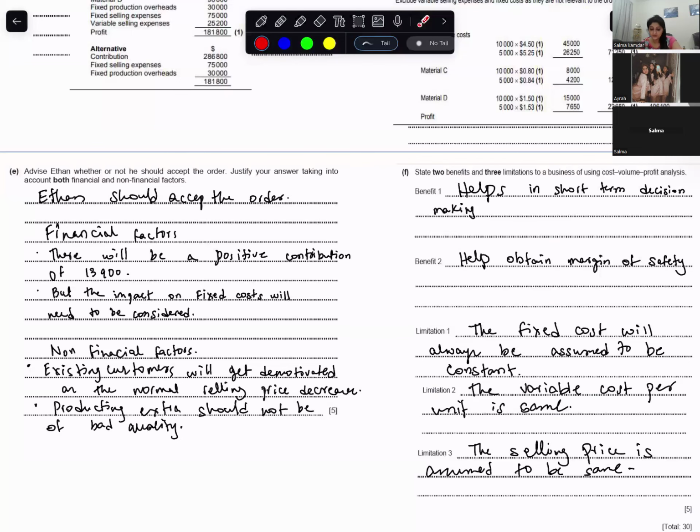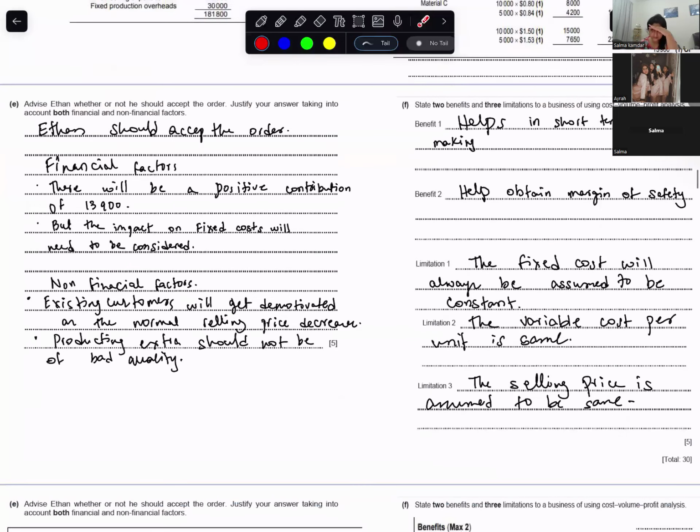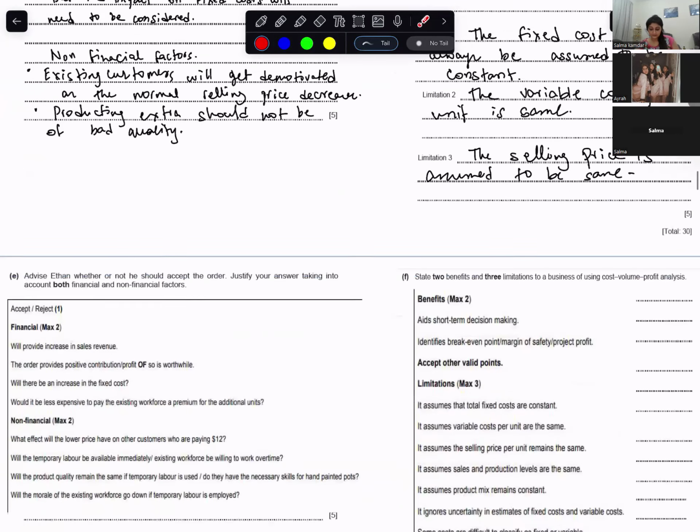Limitations of cost volume profit. It assumes that fixed cost remains constant and that all output will be sold and that selling price will remain the same. And benefits will be that it helps in short-term decision making. It's easy to understand and